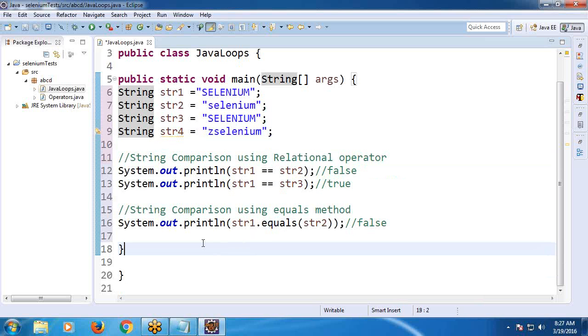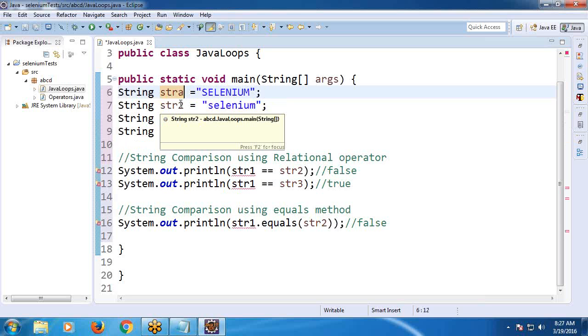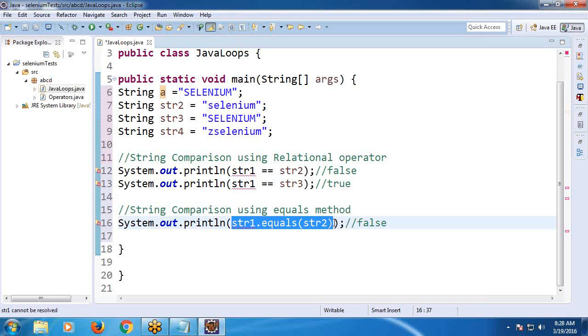Sir, what if we take string 1 instead of string A, selenium? String 1 instead of string 1, if you say string A, string B. Yes, you can use string A. What is the problem? No, not str, just only A. Yes, only A you can use. Then still A is an object. Just a minute here. Observe. A enter dot,